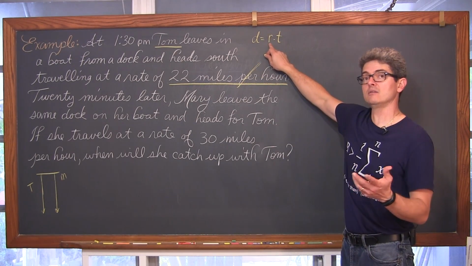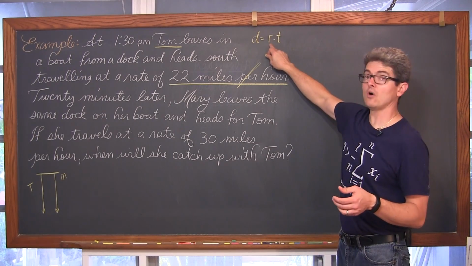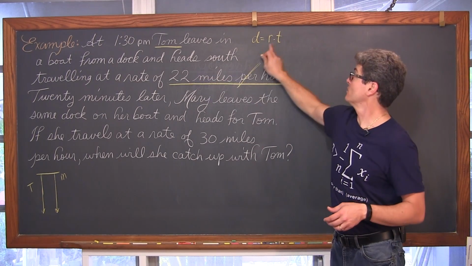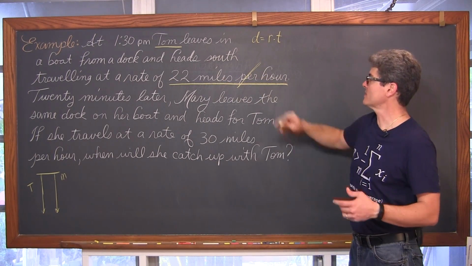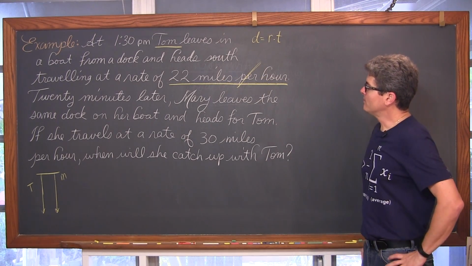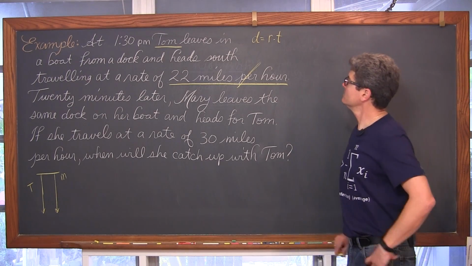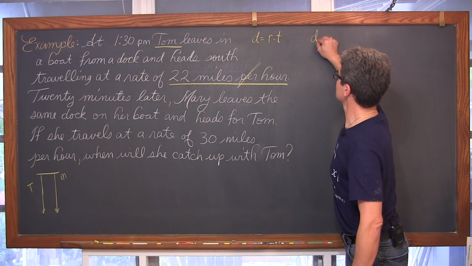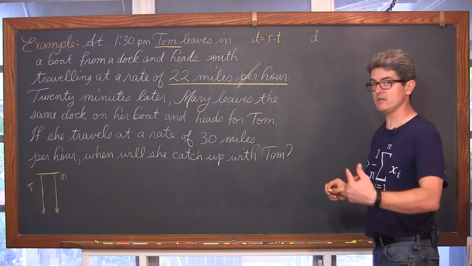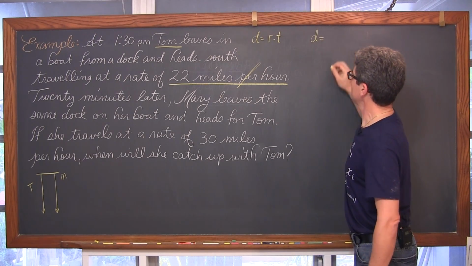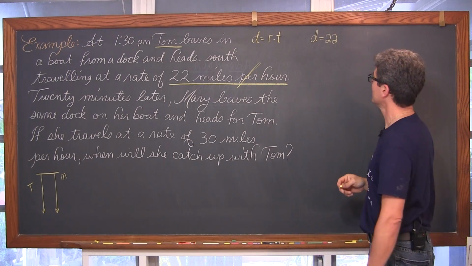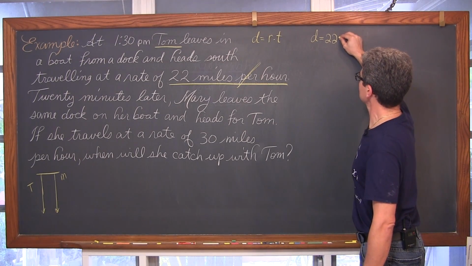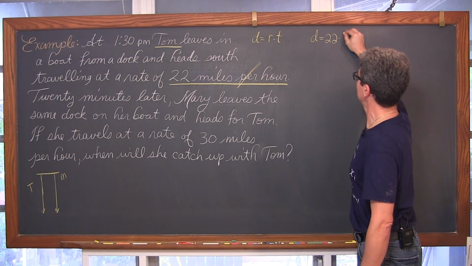And indeed, if you take this formula and solve it for r, which is a rate, you're going to divide both sides by t and get a particular distance over time. Okay, so Tom is going to travel some kind of distance. Tom's going to be in yellow, and that's going to be equal to his rate, which is 22 miles per hour, multiplied by some type of time.